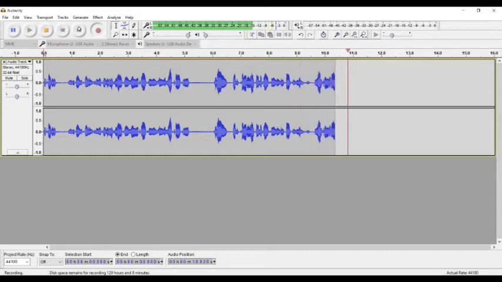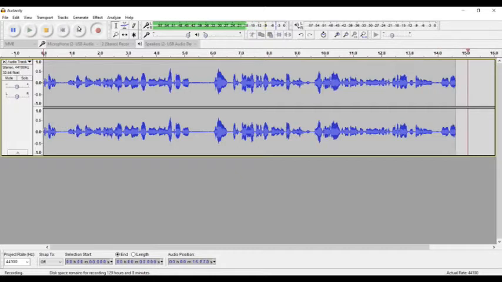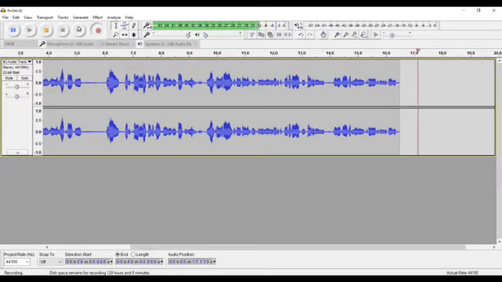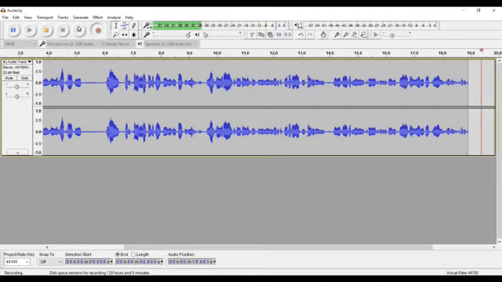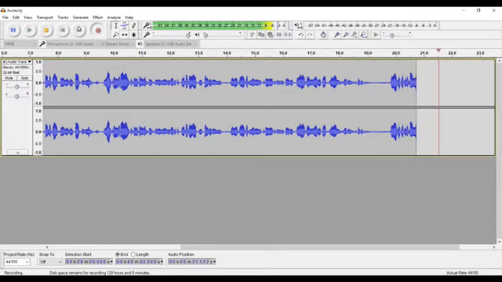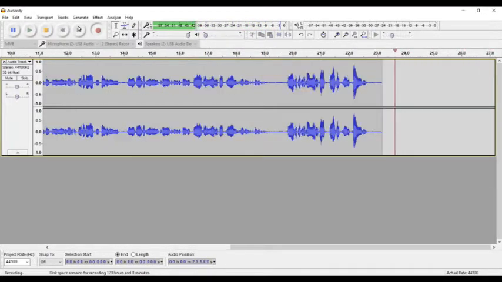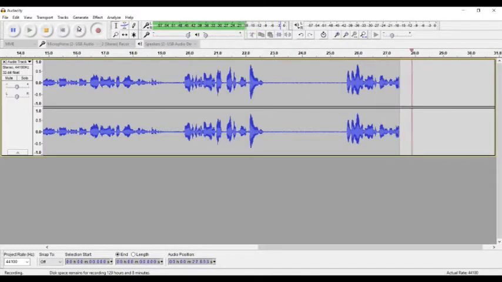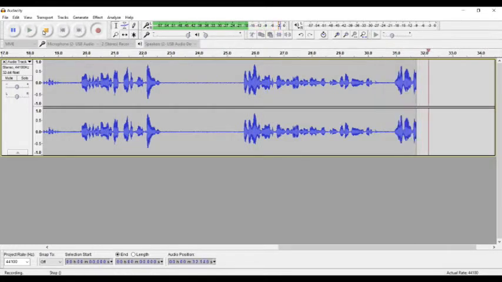One thing that I like to do though is go through and use this to edit out spaces whenever I didn't really intend there to be a space, or if I messed up while I was reading the question. For instance, if I messed up, all I'd have to do is pause, and then I would know that that would be the section I would want to go back in and edit. Whenever I'm done, I just hit stop, and it will stop recording,